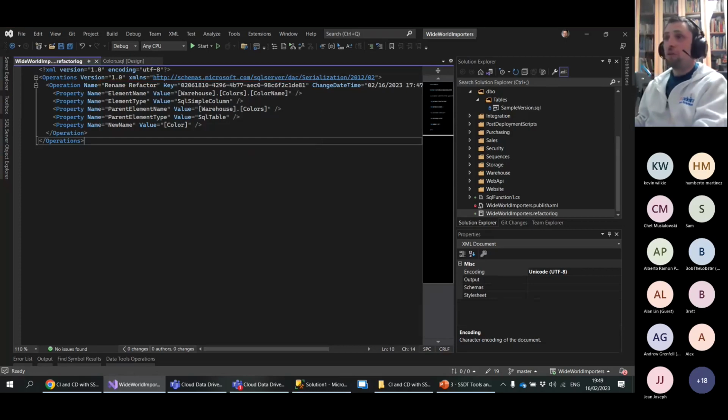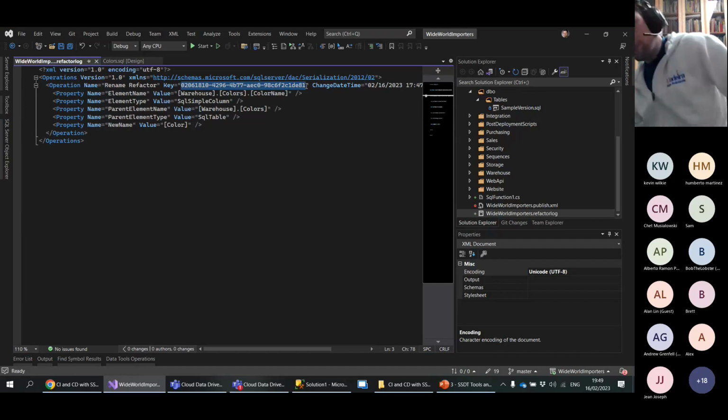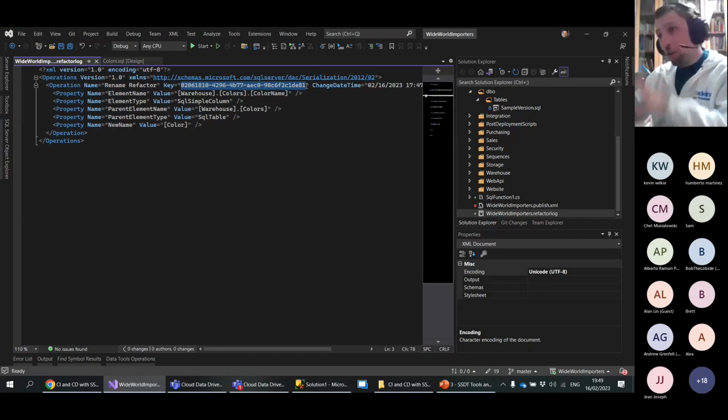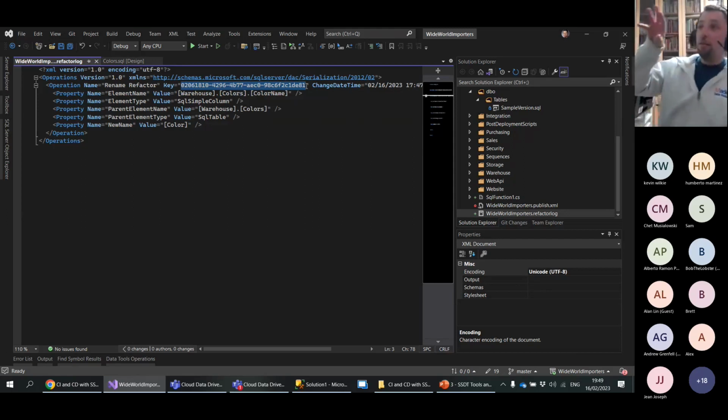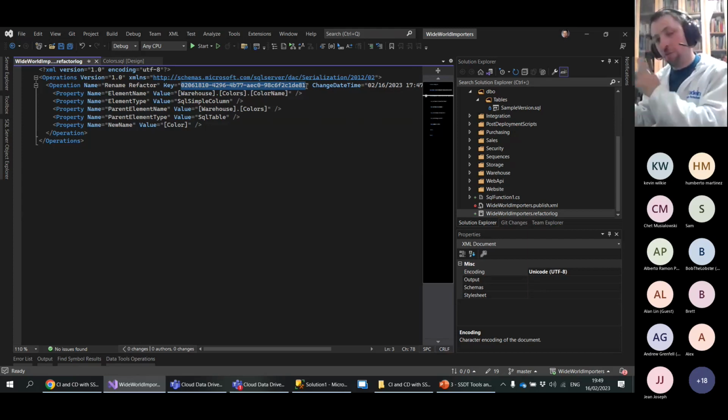And also when it was done, there's some kind of identifying key for this specific change. And then during deployment, once it is applied properly, and by applied properly I mean using sp_rename, the stored procedure that actually renames an object instead of dropping and adding new columns,